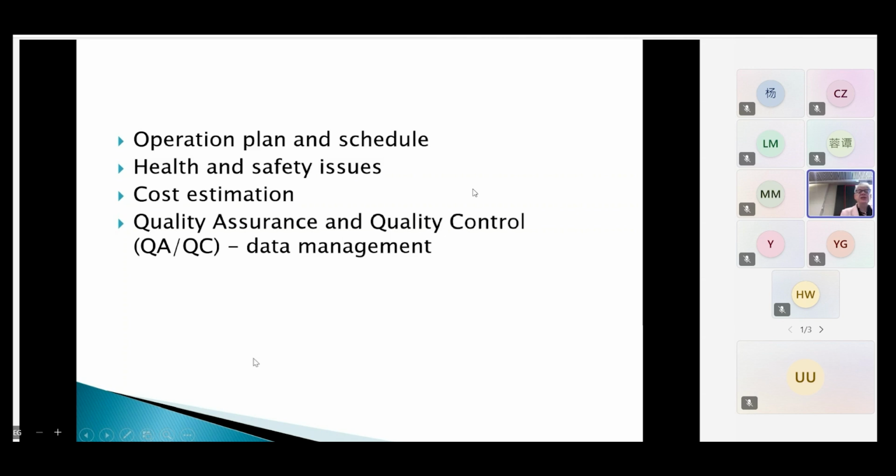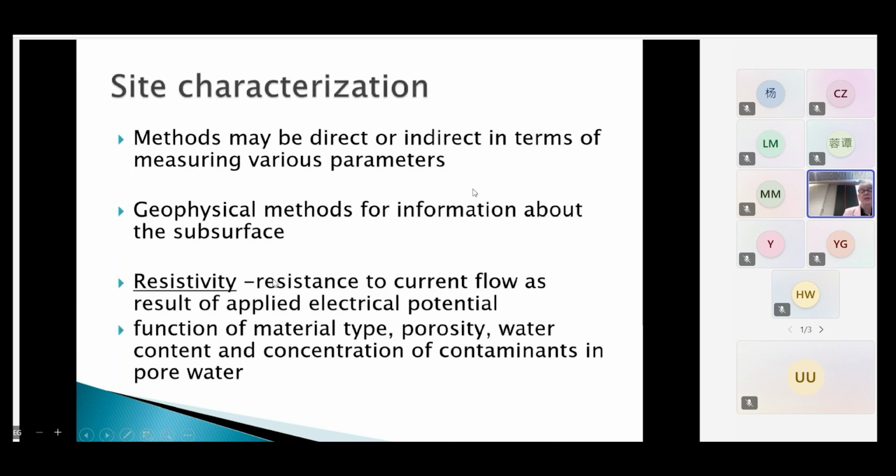So you need to have a plan, how to make sure you follow all the health and safety issues. You have to estimate the cost of doing everything, of course, and you have to make sure the data follows all the quality control and assurance methods. So the characterization, as we mentioned,